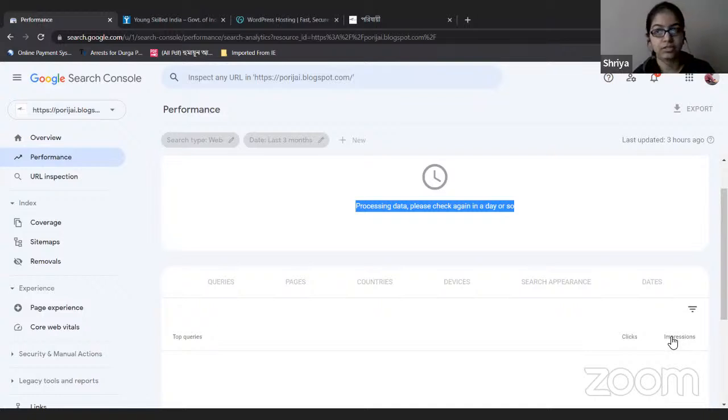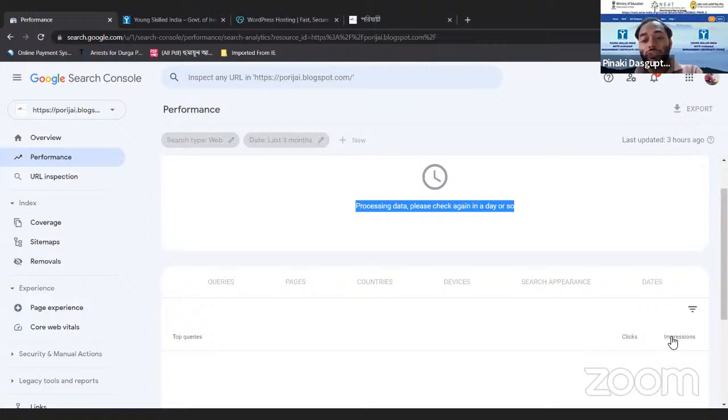Sir, impression is the number of times a website has been seen on a screen. Like if we scroll through our screen and we see the website, that is an impression. But if we click on that website, then it counts as a click. So whenever we see any website in front of the screen, that is an impression for that website. And impression doesn't ensure that you will get a click. But if you don't have any impression, you don't get any click.